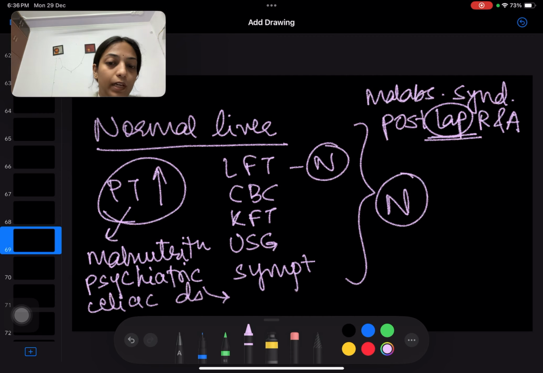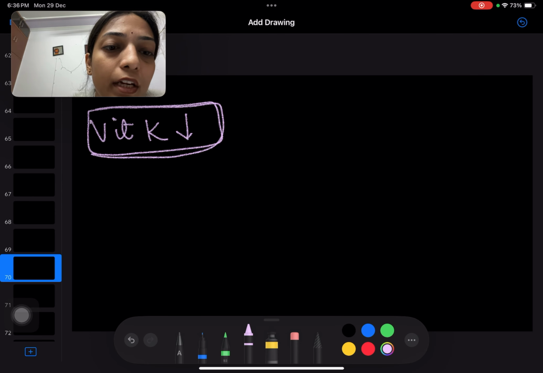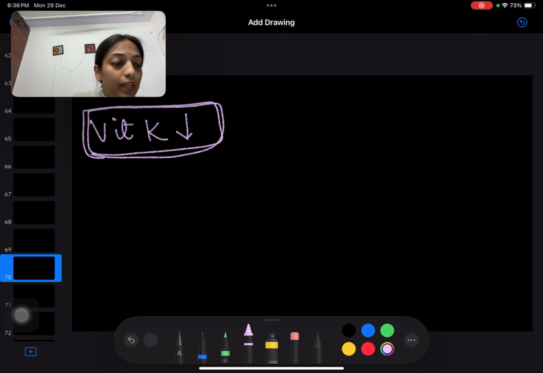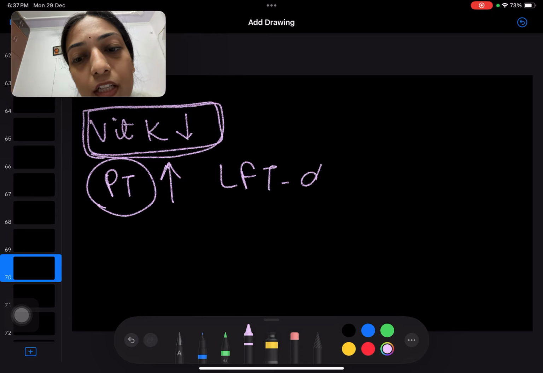All these type of conditions also cause prolongation of prothrombin time. Now, see, if I say that liver is normal, prothrombin time is raised, and vitamin K levels are low, it means what? That vitamin K is also low. So vitamin K is low. We have to check whether it is because of vitamin deficiency or whether it is because of liver problem, right? So prothrombin time is raised, LFT is deranged,